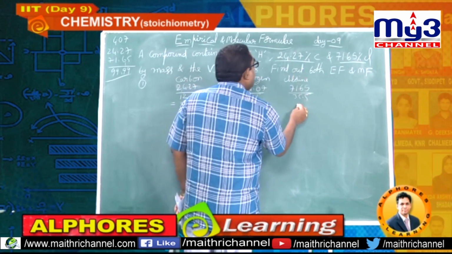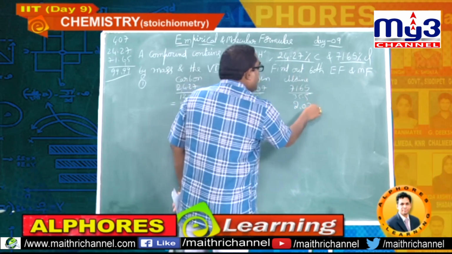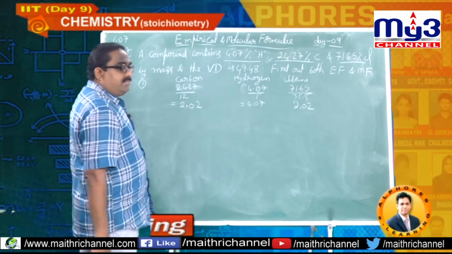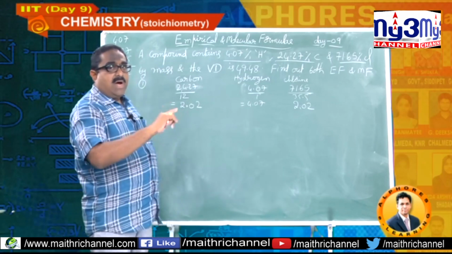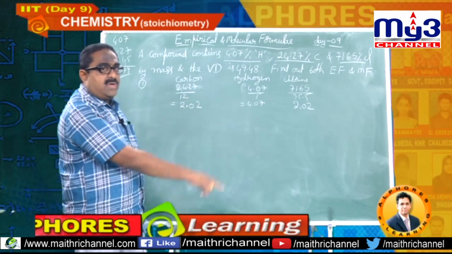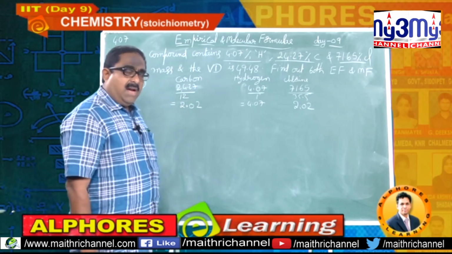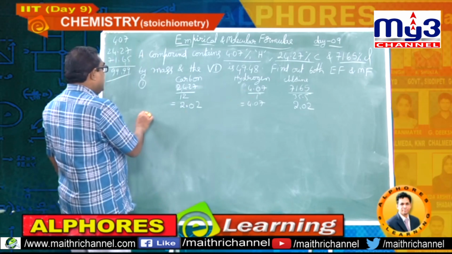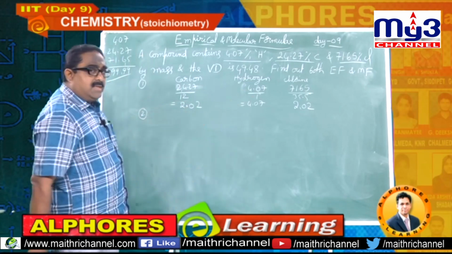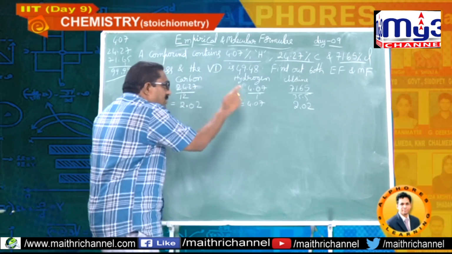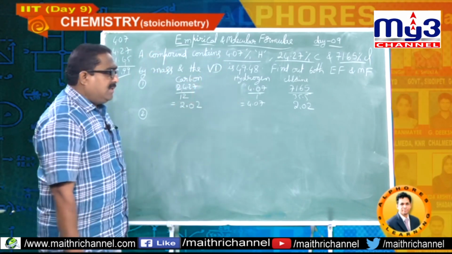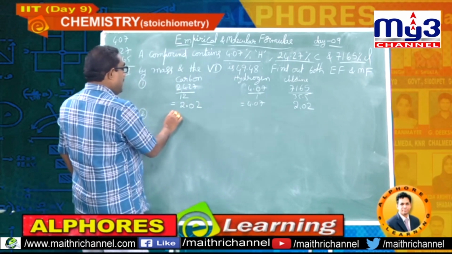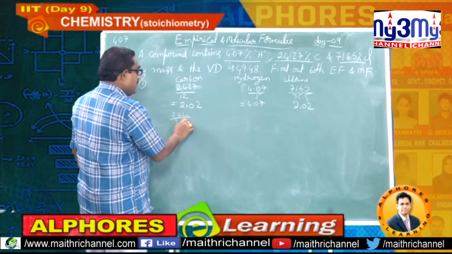235.5, that is 71 exactly, 2, again 2. So approximately 2. So these are the values I got. The first step, divide the percentage compositions of the elements with their respective atomic masses. And the second step, divide all these values with the least value among them. I am doing that. 2.0, 2.0 to least value 1,